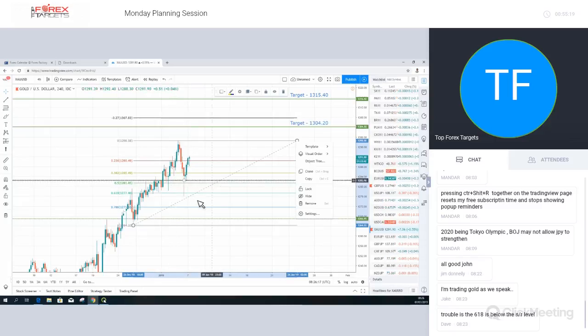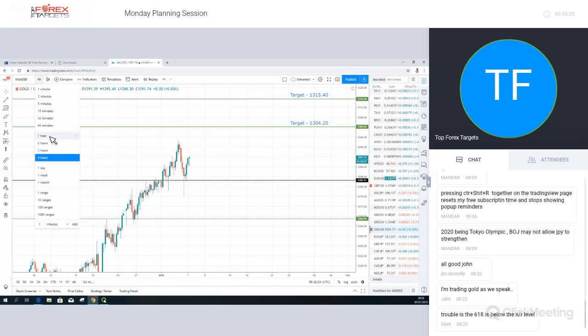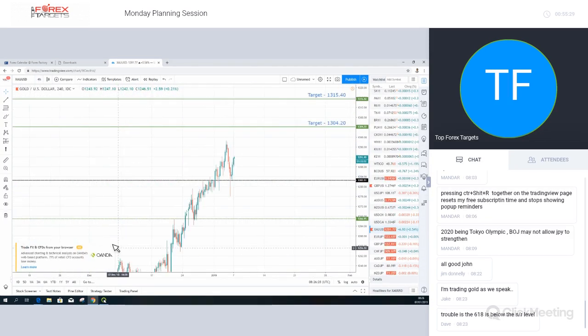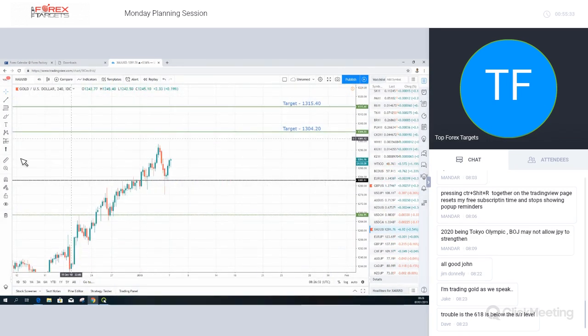So going back to gold, we already have the pullbacks, the 50 and the 618. What I'd be looking for here again is to drop down and see, because this is why we have the levels and everything else, because we can see straight away what our potential is to make money this week. Our potential to make money is a move from this area up to here, and possibly even up to here, but first and foremost up to here.